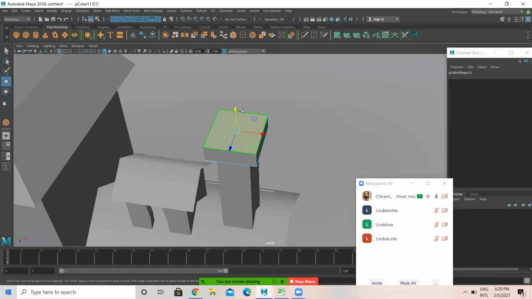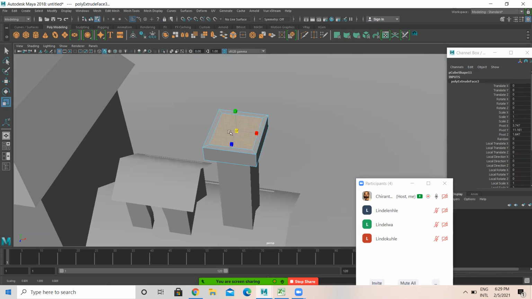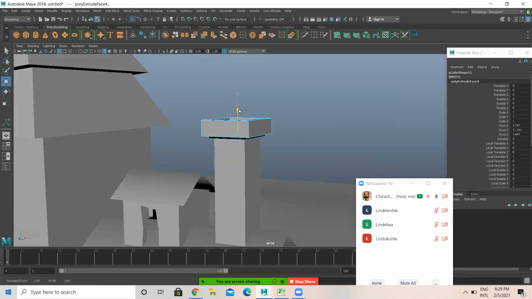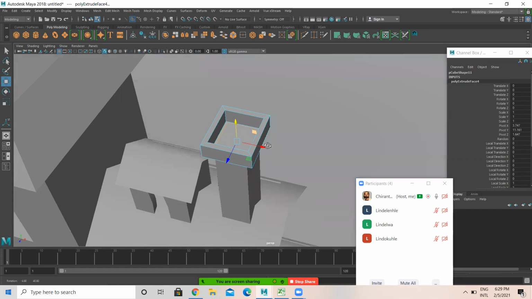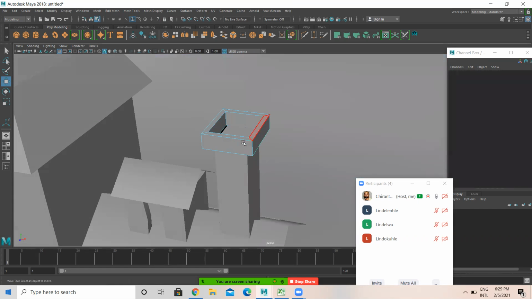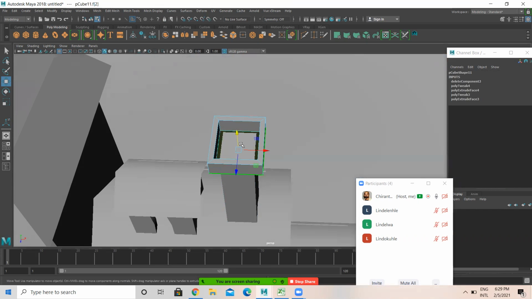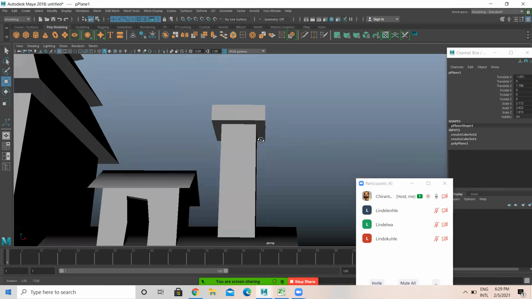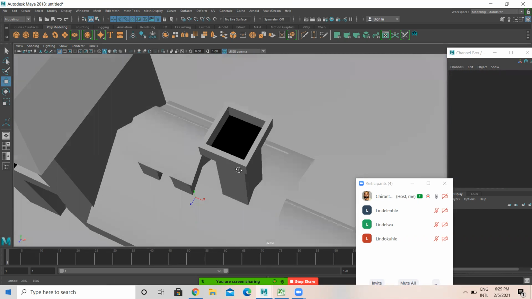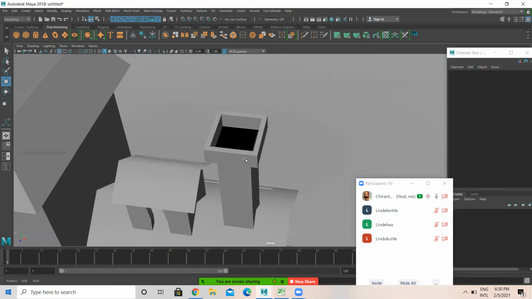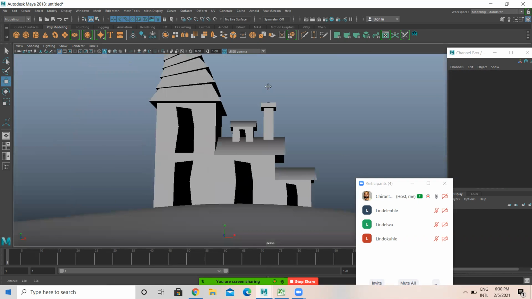So here I'm selecting this face, edit mesh, extrude, make this smaller, scale it globally. Again, G for last tool, whatever tool you have taken, G for last tool. So extrude this. And even you can delete if you want. Then here you select the face, delete this. You get a chimney like this. Okay. So we have done it up to here.